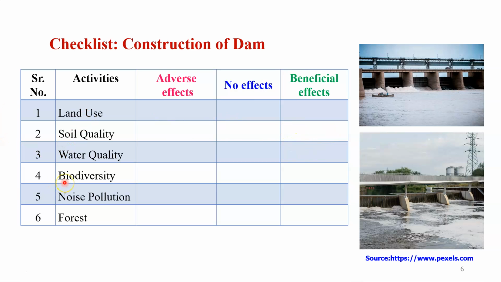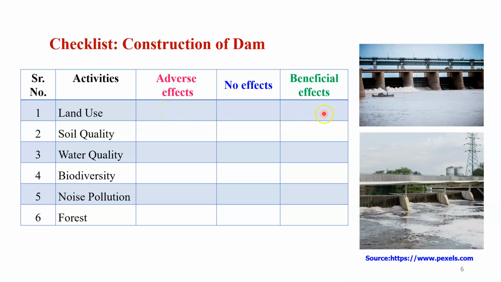So these are a few examples. You can add various activities in this. You can add here public health, or maybe the ecological balance, the environmental balance, or the ecosystem that are present in that area. So you can enlarge this list, and simultaneously you just tick mark whether it is positive.